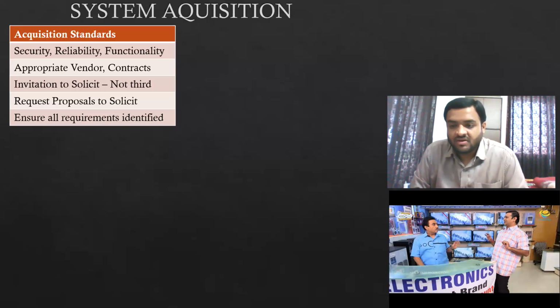Invitation to solicit, we have to contact the vendors, as in the actual company: Apple, Samsung, BlackBerry, and all. We have to contact the company and tell them that these are our requirements. Please make sure that you provide this product as per the requirements. If it is not as per the requirements, don't reply to this message. Then a request for proposals: instead of talking with the vendor, we will go to these local vendors and talk with the technicians there. That is request for proposals. Yes, are you getting the picture?